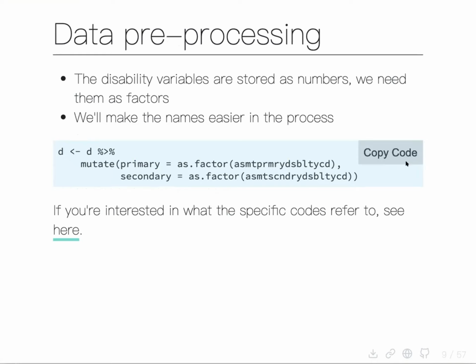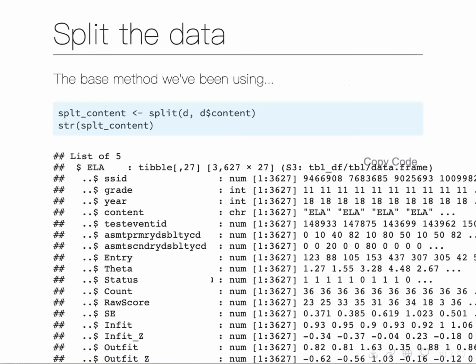So you can copy this code. I have a link here to what those primary disability codes mean. Again, like I said, though, this is simulated data, but it is based on real data. Okay, but this is just for modeling. So go ahead and do that part. And then you don't have to follow along on this part, but